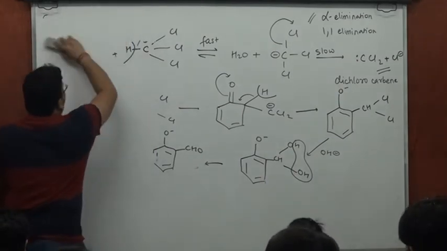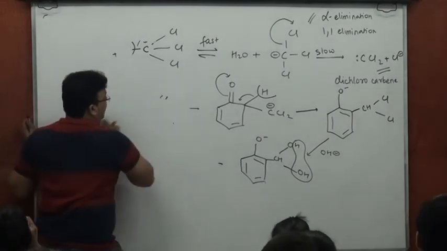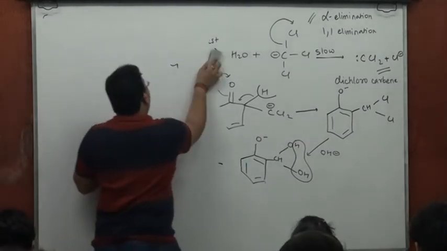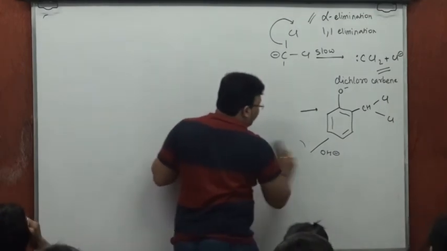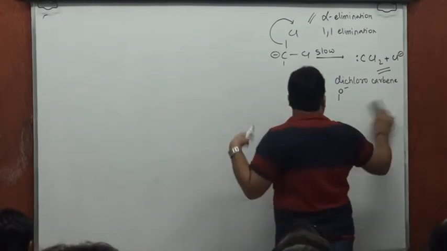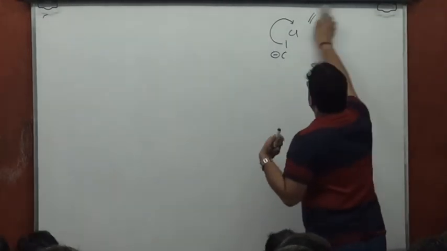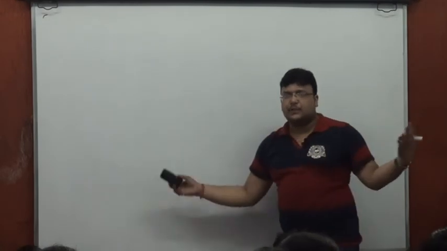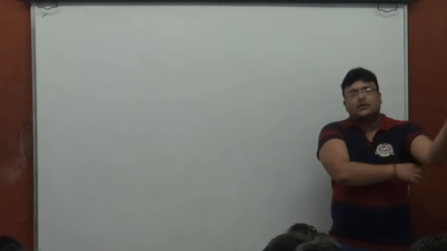It could be looked upon, I repeat, as a way of introducing a CHO group into the ring. So it's also called formylation of phenol. In the process of knowing more aromatic reactions, we will actually be getting updated about how to bring in and remove groups from the aromatic ring. Different reactions, we'll be learning how to introduce and remove a group from a ring.